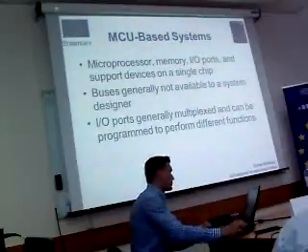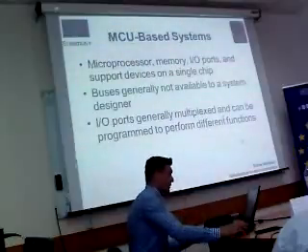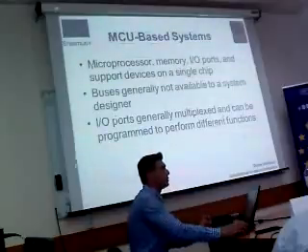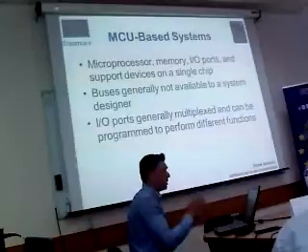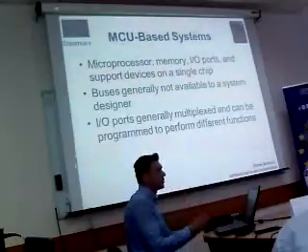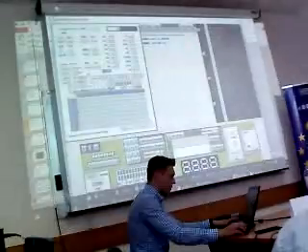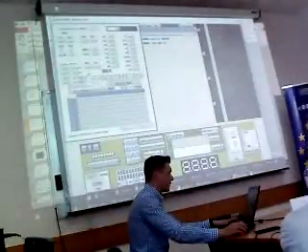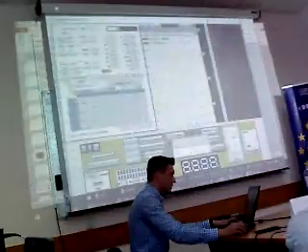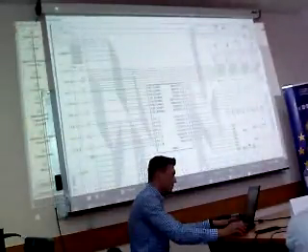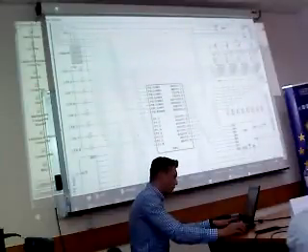What about input-output ports? They can be generally multiplexed and can be programmed in such a way that you can use one input-output port or pin for many devices. A good example is in this 8051 processor, microcontroller, this chart. For example, to port 1, you've got connected